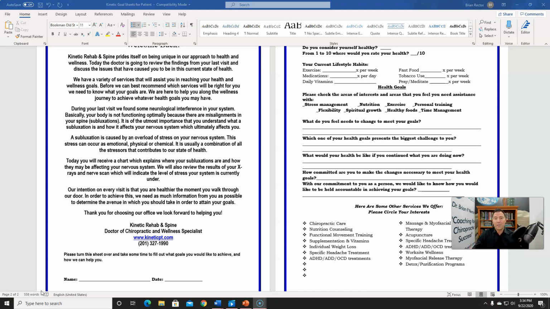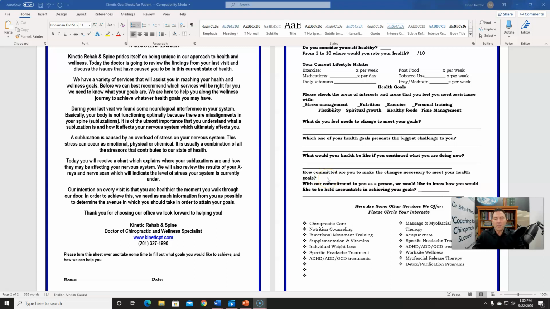And when I go over the report of findings, their sEMG and their subluxation chart, I'm going to come back to this and reference that they're fully committed. So I'll say something like, "Well, you see here C4 that goes to the thyroid gland, and that's been subluxated for a while, and you already have some deterioration there. If you didn't take care of that now, what do you think would happen to the thyroid gland?" And they'll say, "Well, a thyroid gland will break down or whatever." I say, "Do you feel that's something you should be fully committed to and take care of?" "Yes, I do. I definitely want to take care of it." So I'm referencing this sheet again, back. But if they say fully committed,